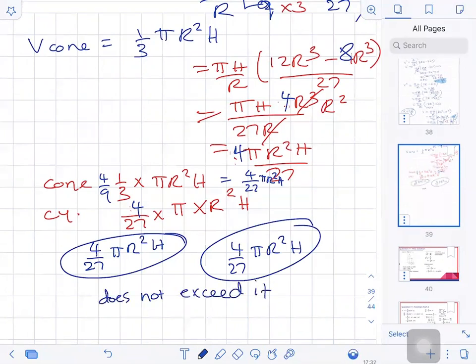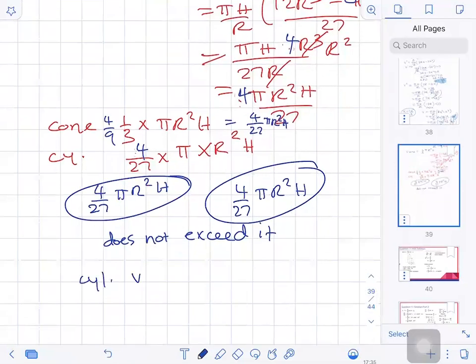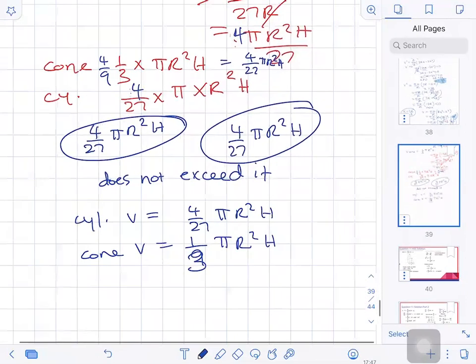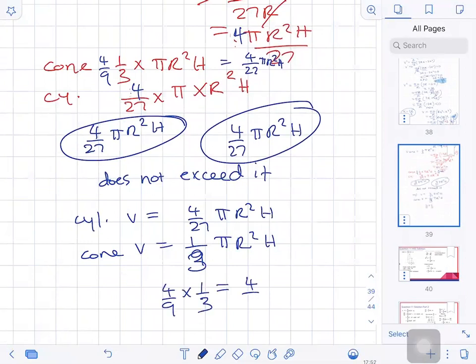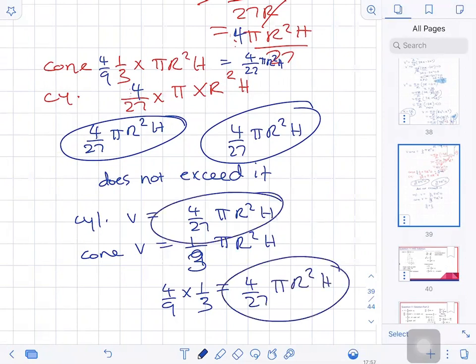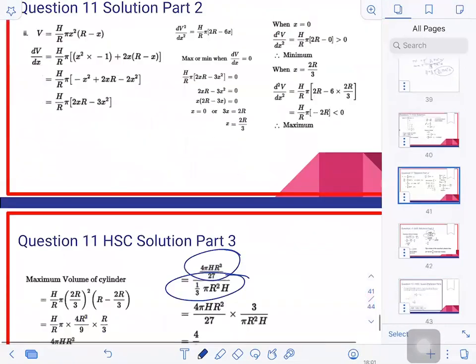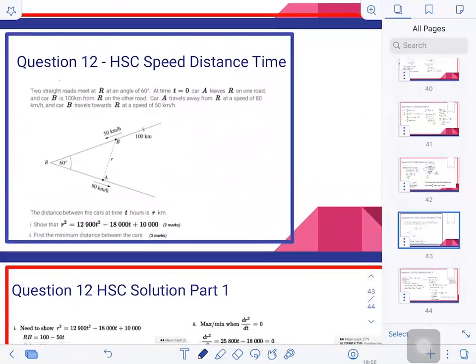If I didn't make that clear, the cylinder, the volume is 4/27 pi r squared h. The cone is 1/3 pi r squared h. So 4/9 of the cone will be 4/27, which is the same as the cylinder. So it does not exceed it, it actually equals it. Okay. I think the only one we have now to do is